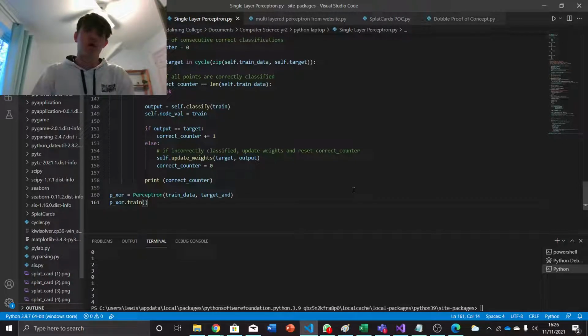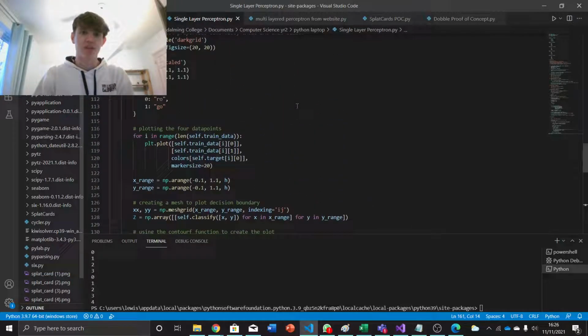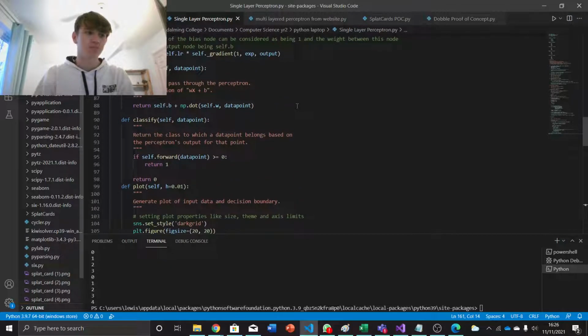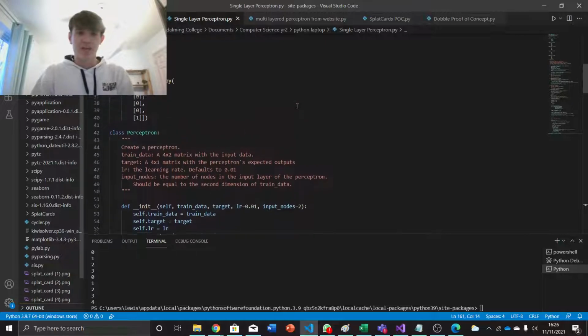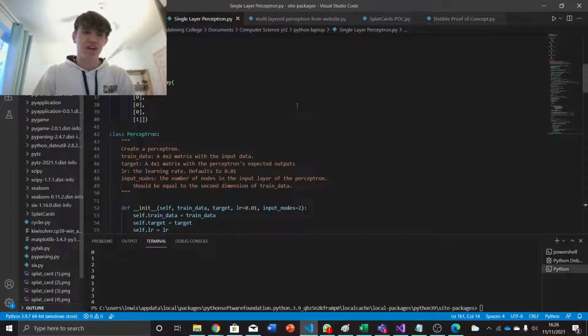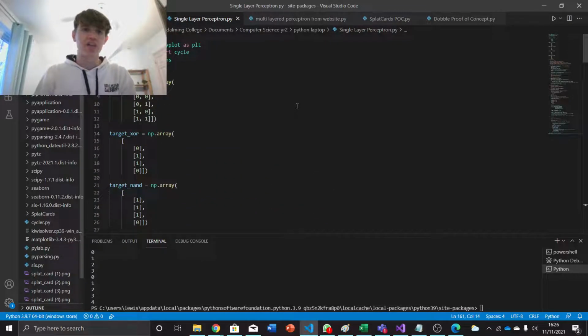Hello, this is my computer science NEA proof of concept, which includes some perceptrons for neural networking, as well as a proof of concept of the design and playability of the ball. So the first thing I did was work on a single layer perceptron, and this was to try and solve